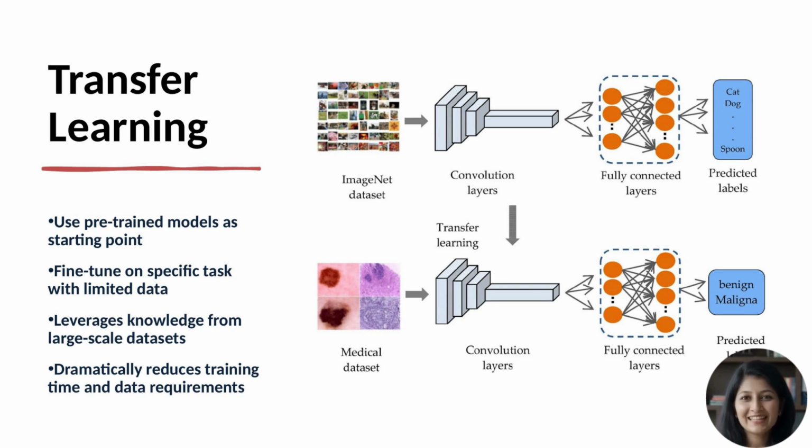Fine-tuning requires far less data than training from scratch. Those 5,000 medical images might be enough with transfer learning, whereas training from scratch would require hundreds of thousands. Training is also much faster, maybe hours instead of weeks. Transfer learning democratized deep learning. You don't need massive datasets or computational resources. You can leverage models trained by others and adapt them to your specific needs. This is how most real-world deep learning applications work today.